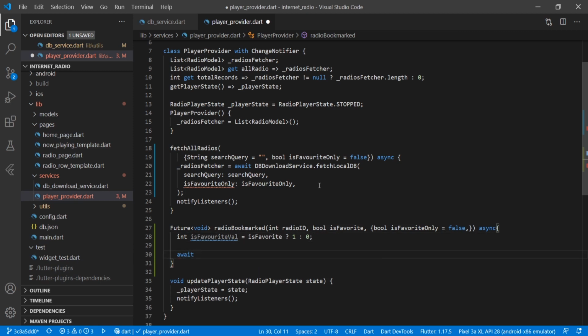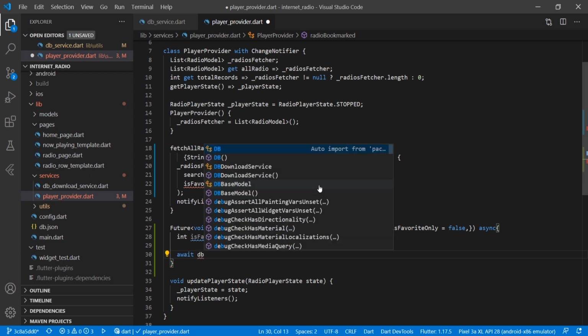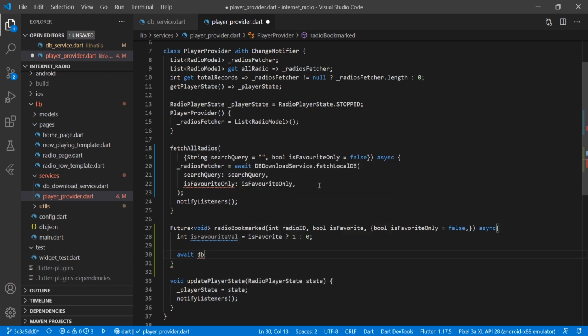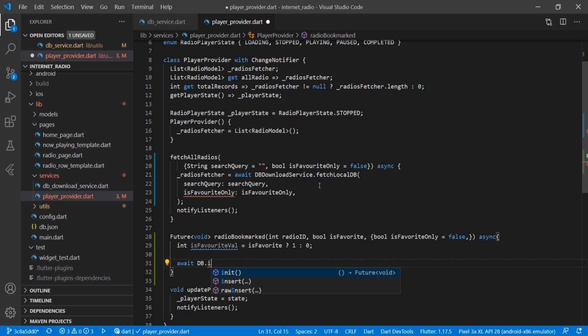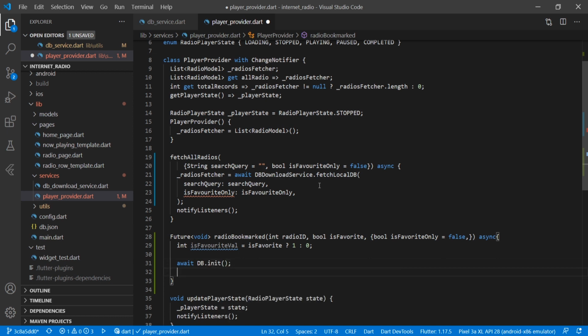Now we'll open the database, db dot row insert, and here we will create the insert statement.